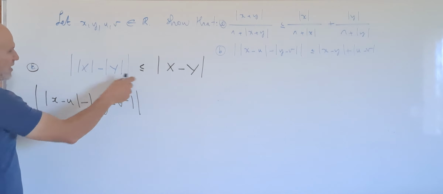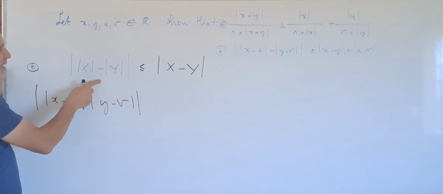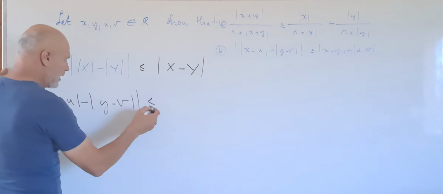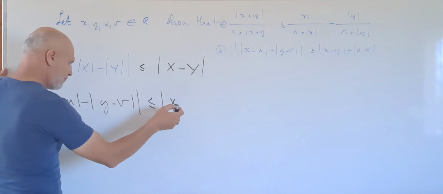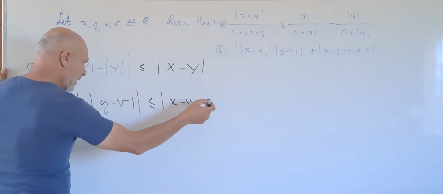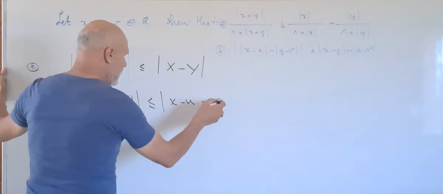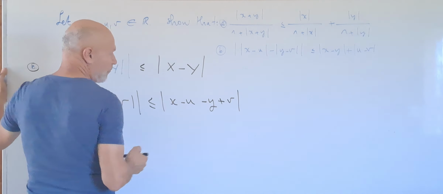Using this proved inequality, this is less than or equal to the absolute value of x minus u minus y plus v,